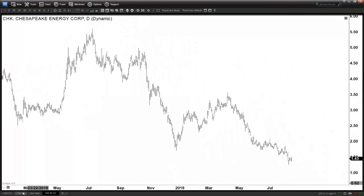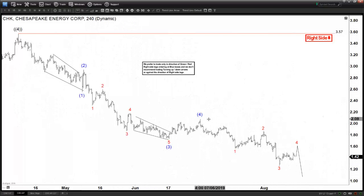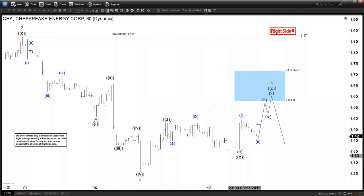And if you take a look at the 4-hour chart, it looks like from here we have 1, 2, 3, 4, and then it's still possible to do one more push lower right now. So that's why we're still looking for any type of rally to fail. In the sequence of 3, 7, 11 swing for the downside, this is the next area where the rally